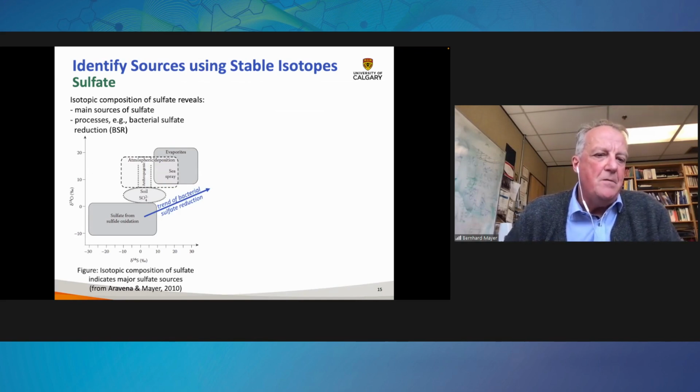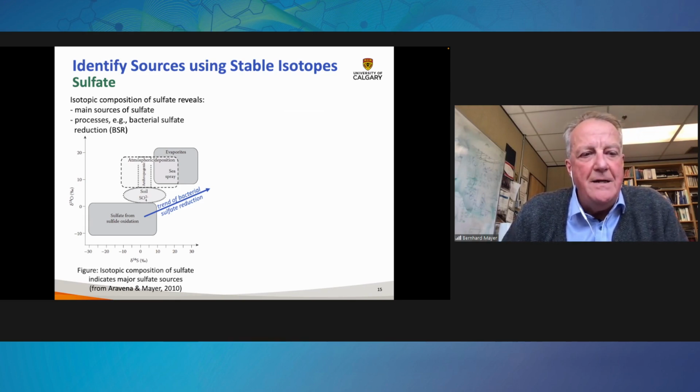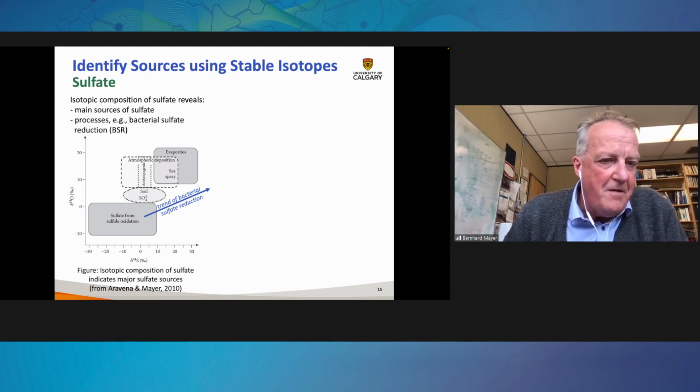This diagram is from a textbook. It shows sulfur isotope values on the x-axis versus oxygen isotope values of sulfate on the y-axis. The diagram really elaborates that sulfate from evaporites would plot in the top right corner of the diagram, whereas sulfate from a different source, such as sulfide oxidation, would plot in a very different region of this diagram in the